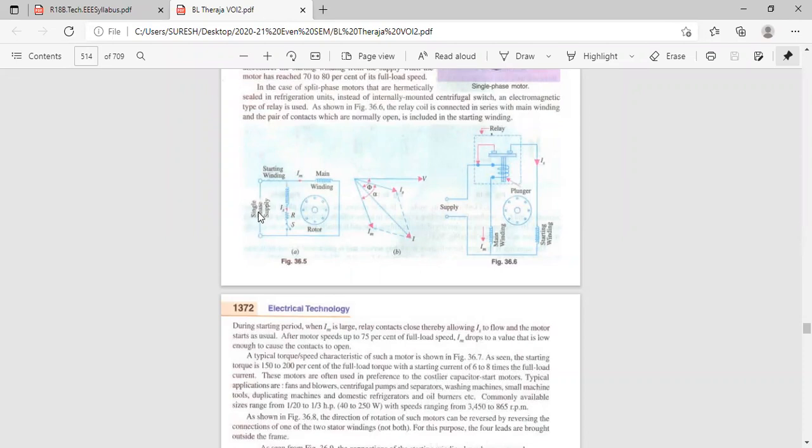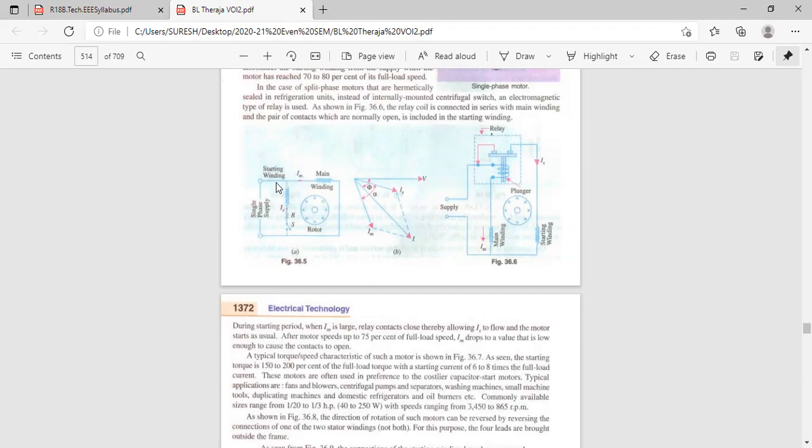So here, when you give the single phase supply voltage, current is dividing as IS and IM. IS is the current in the starting winding. IM is the current in the main winding. Then what is I value? Apply KCL there. What is I? Incoming current is equal to outgoing currents. I is the incoming current. It is dividing in these two, IS and IM.